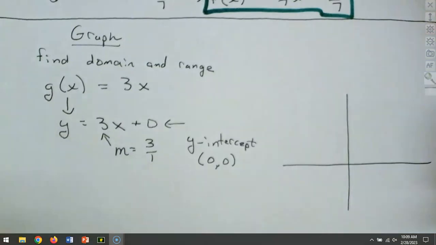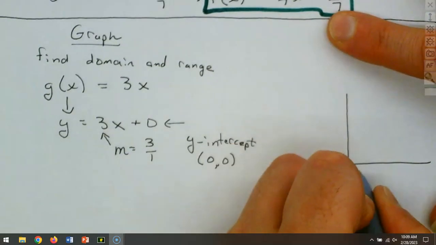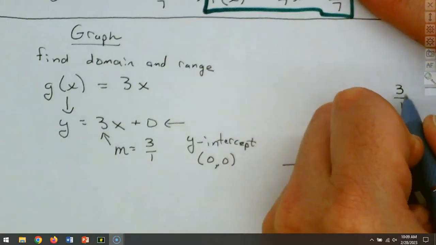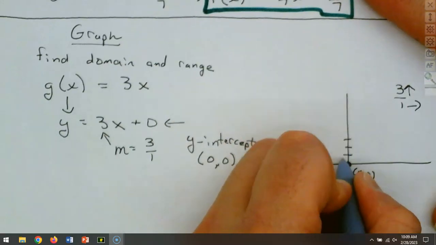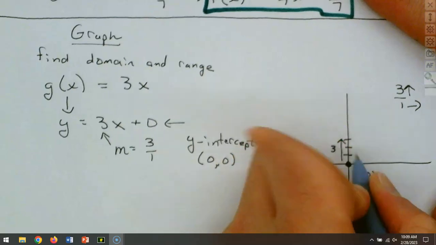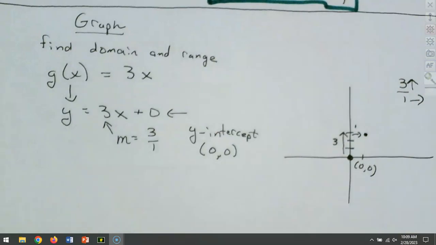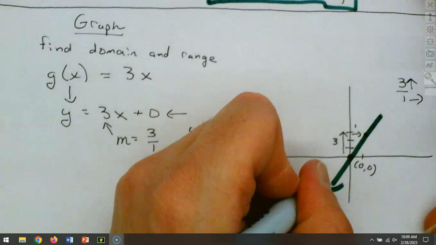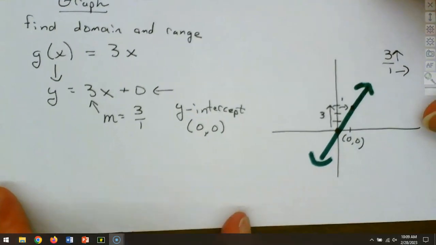So how would we graph this? Well, where do we start? Start at the origin, 0, 0. And then what's my slope? 3 over 1. So we go up 3, and then forward 1. Make our new dot. Connect them together. There's your line. And all lines have the same domain and range, because they can go up and down, left